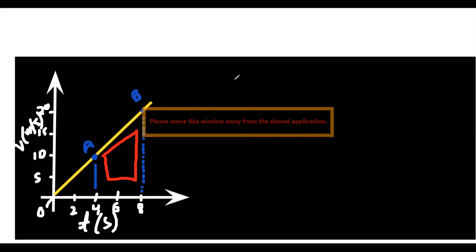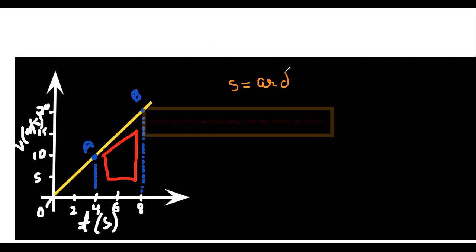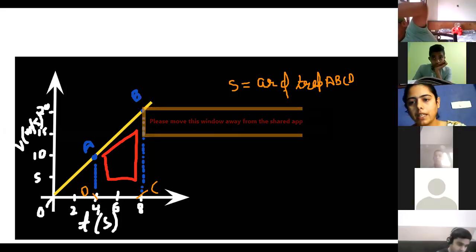Okay, ji. So the displacement AB is given by the area of the trapezium. Almost you have done it. I'm going to do it once onto the screen. If any step you missed out, you are going to do that. Area of trapezium we will be having at A, B, C, D. We can mention this point as C and this point as D. So it is A, B, C, D.